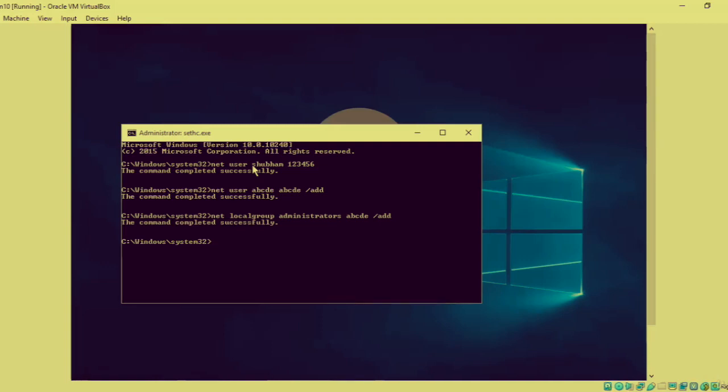That's it. So what we have done is, first of all, there is a user called Shubham, but we don't know its password, so we have reset it to 123456. Then we have created a normal user abcde. And then we have made abcde an administrator without knowing the actual password. Okay,